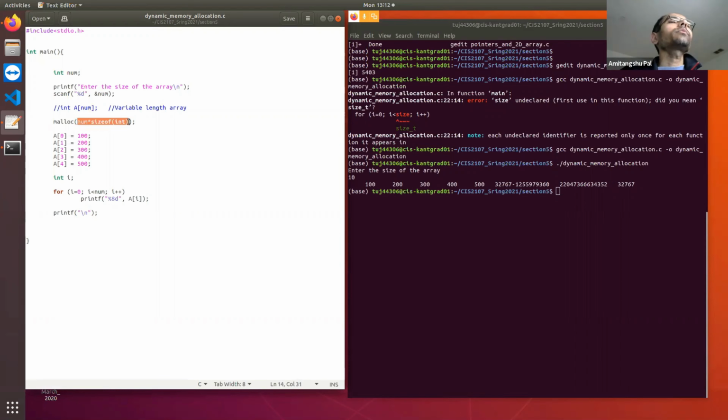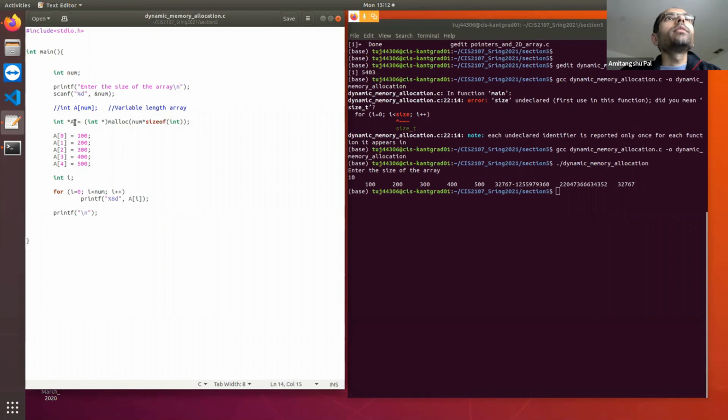So this many bytes malloc needs to allocate. Clear? Now, by default, malloc returns a void pointer. So, as I want to store this in an integer array, I need to convert it to an integer pointer, and then I can store it in an integer pointer.